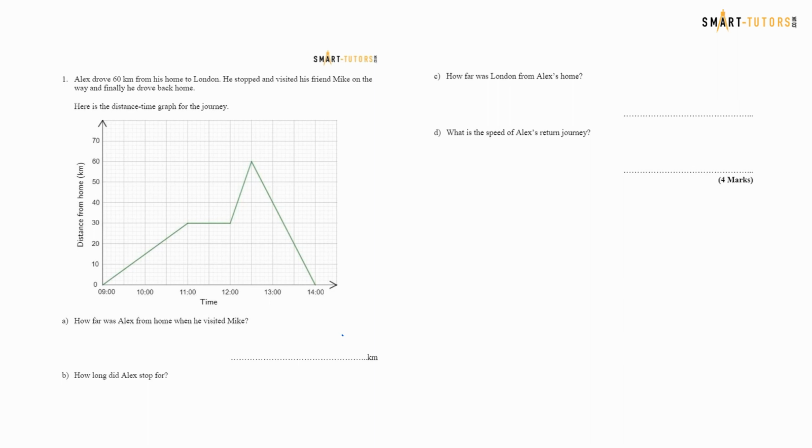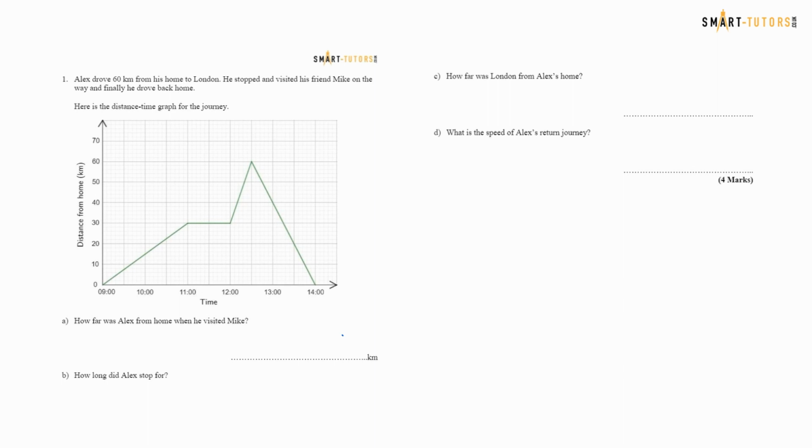At 11 o'clock he was traveling at a constant speed and reached 30 kilometers. Then he stopped for 1 hour. Maybe this is the time he met Mike, his friend. Then after that he is going at constant speed again, moving away from the starting point and reaching 60 kilometers. So 60 kilometers is where London is. Then from London he is returning to his home. So at 60 kilometers, back at 2 o'clock he is returning home. That is the typical